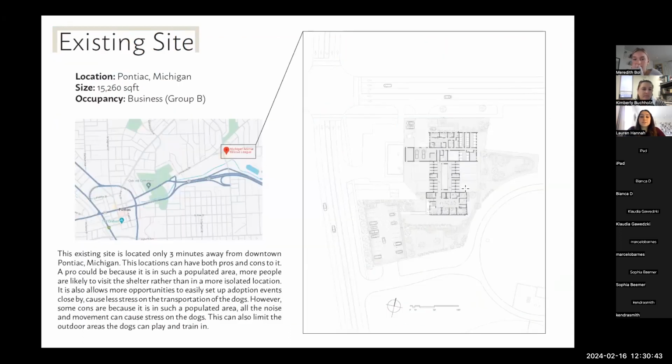So going into the site that I picked, this was actually one of my precedent studies, and it's located in Pontiac, Michigan. I really like this one because I wanted to do a smaller building and build off of an existing one, because I'm not really looking to redesign a complete animal shelter. I would rather take existing ones and implement ways that you can help with these sensory issues, such as different materials, how the natural lighting is, the way the kennels are set up. So I really like this one, and I thought there was a lot of potential in it.